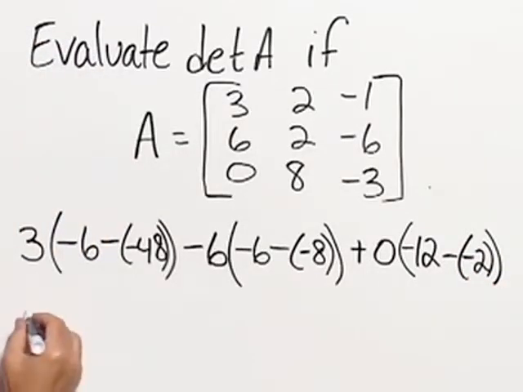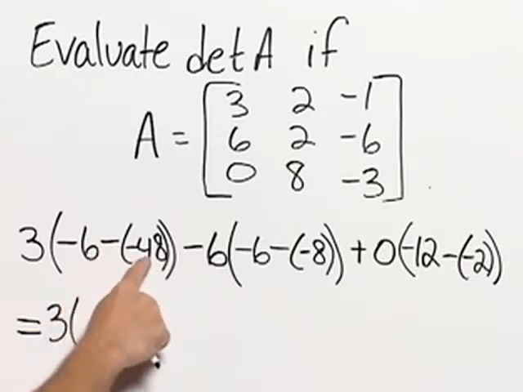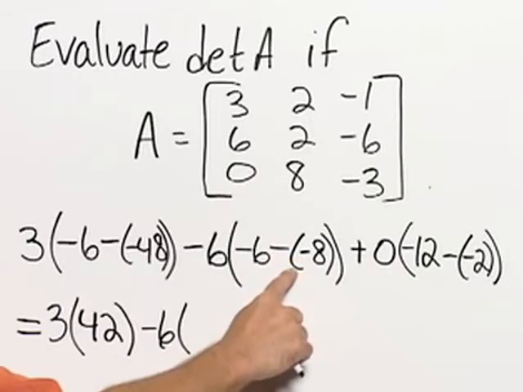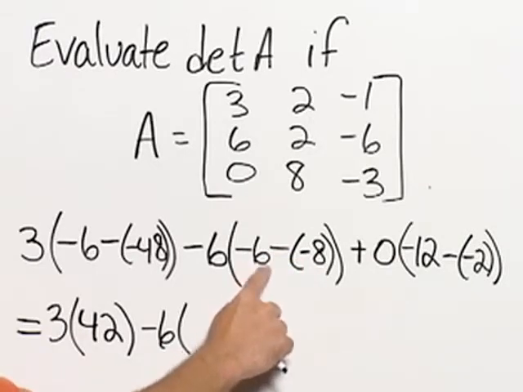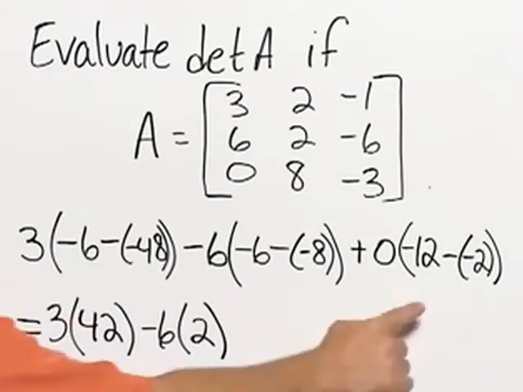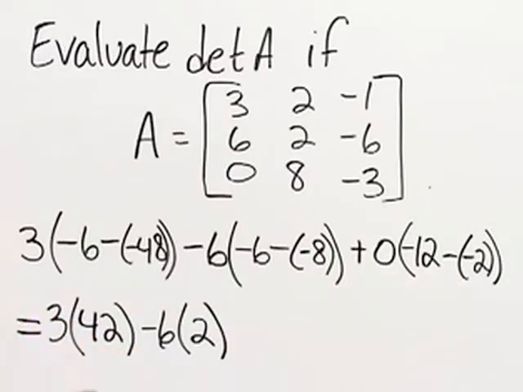So now this would be equal to 3 times, well, subtracting a negative is the same as adding a positive. So we have negative 6 plus 48. That equals 42. Then minus 6 times, again, subtracting a negative is the same as adding a positive, so we have negative 6 plus 8, and that's 2. As we said, 0 times this expression will be 0, and so right now all we have to do